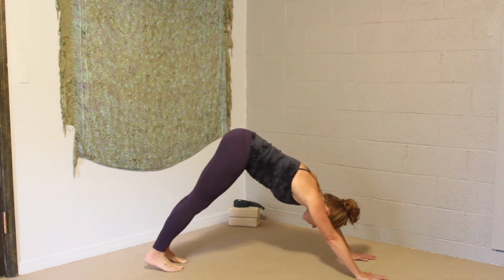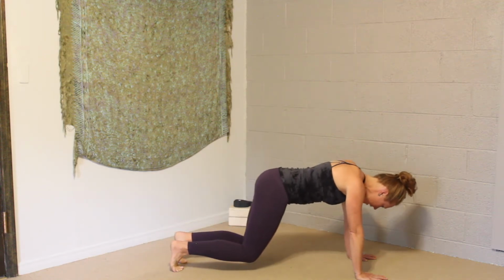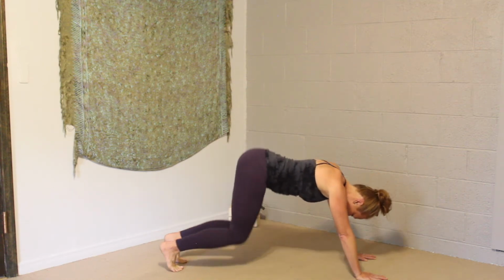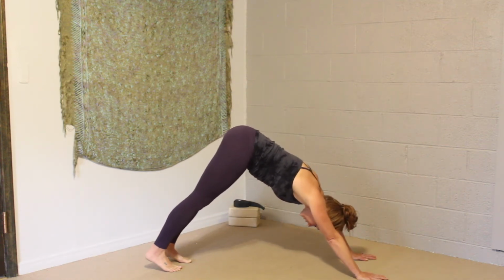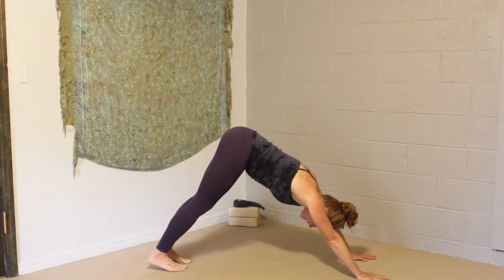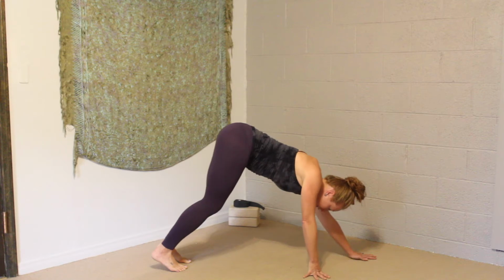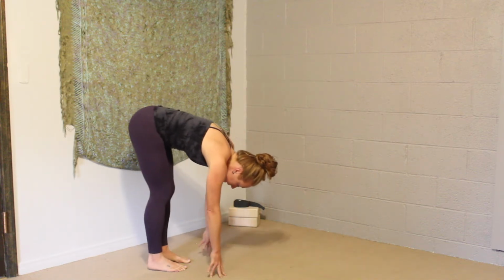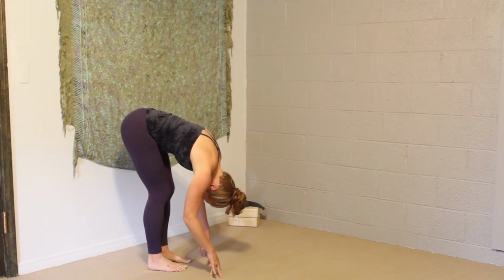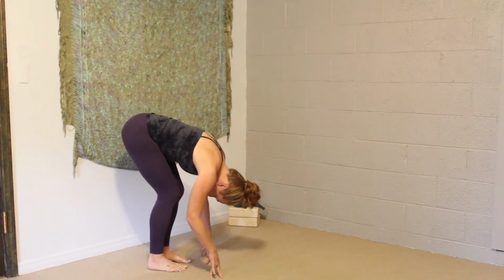And take one more. Bend the knees, hug the belly button in. And pause in downward facing dog. And then on your next inhale, bend your knees, walk your hands back toward your feet. And come into a forward fold, just reaching the crown of the head down toward the mat, putting a bend